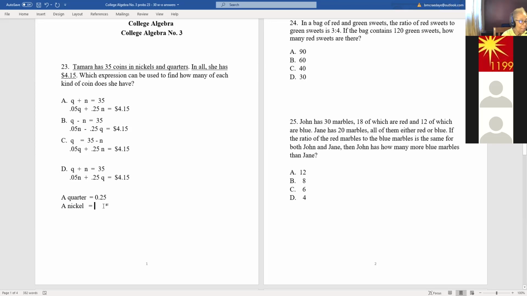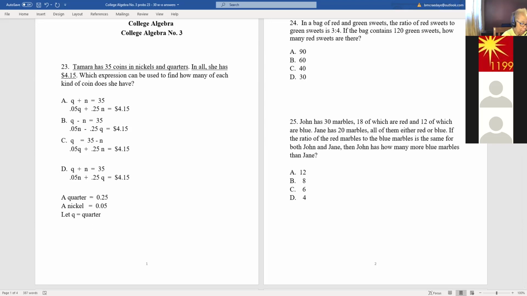That's right. Okay, a nickel is 5 hundredths of a dollar, which is 0.05, right? So we know what a quarter is equal to, and we know what a nickel is equal to. Now notice they're using, so you can just say let Q plus N equal quarter. No, we want to define our variables, right? We didn't have to, but it just makes more sense to use Q for quarter